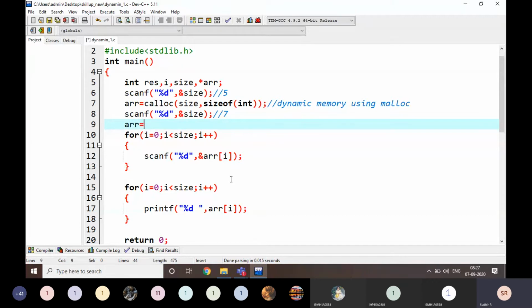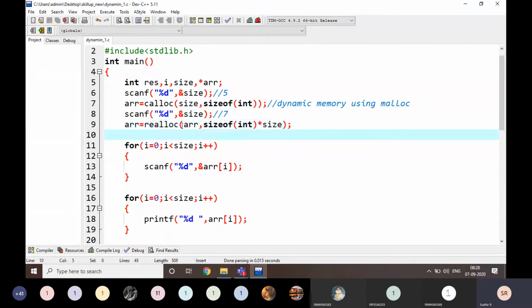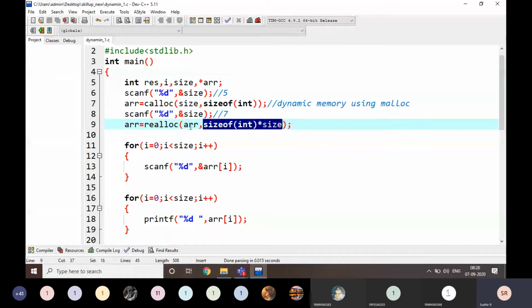Now I am going to write arr is equal to realloc of arr comma size of int into size. Why am I writing arr here? Because 5 variables are already added, and I am going to add 2 more. That's why I am mentioning arr comma size of int.